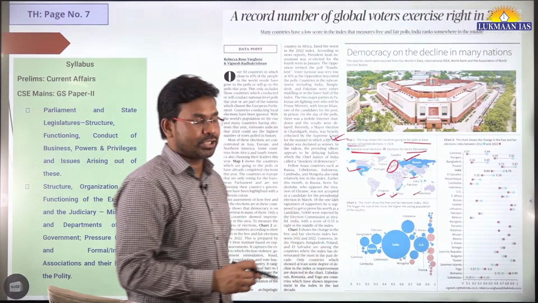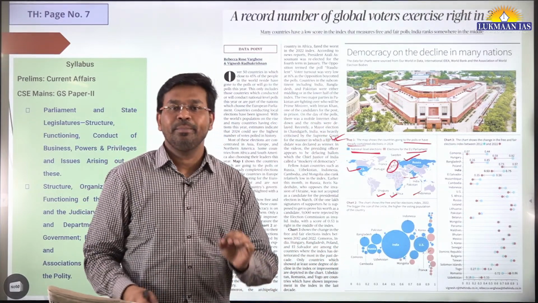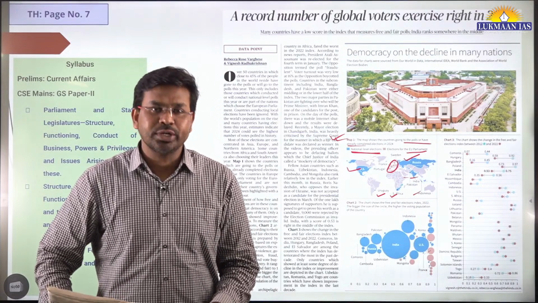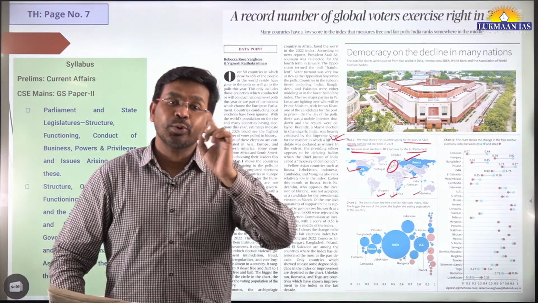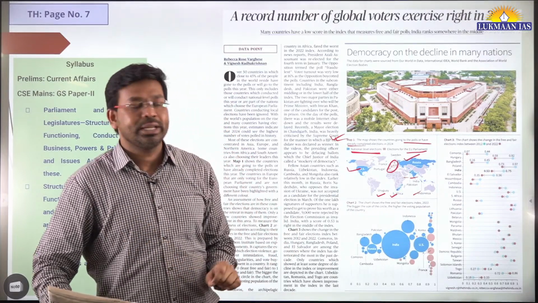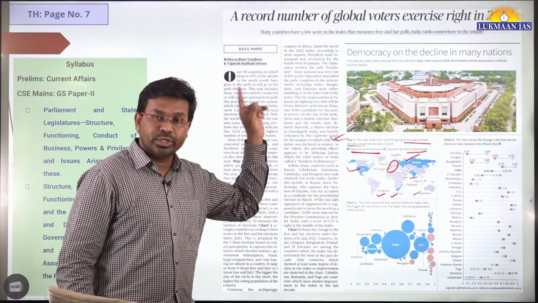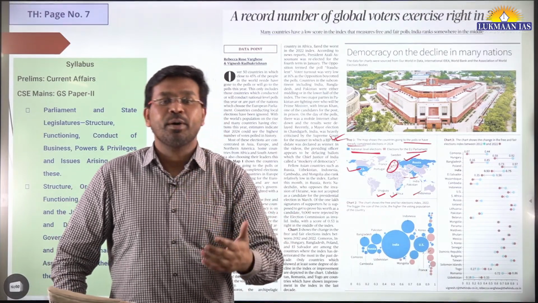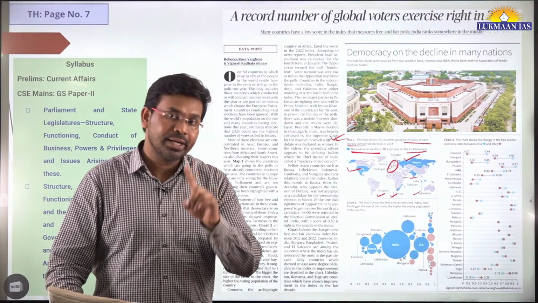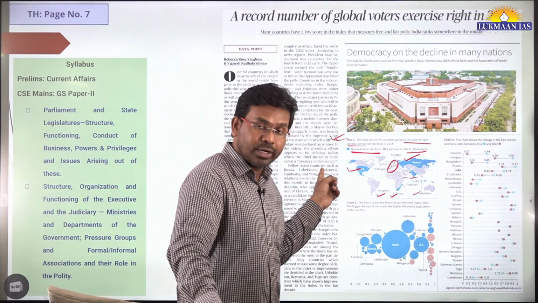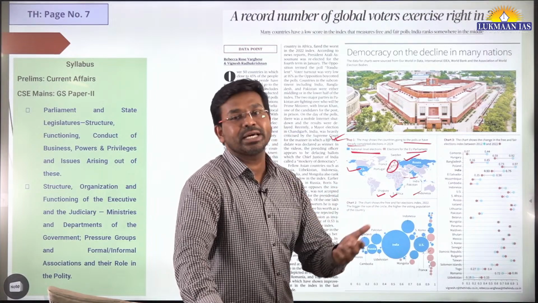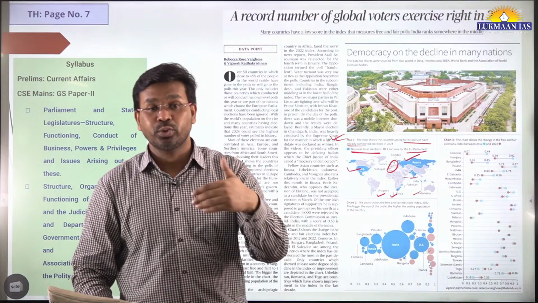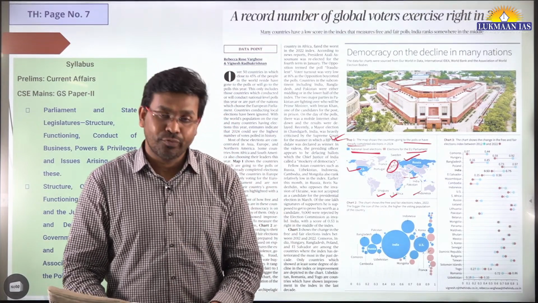European Union Parliament elections. So why has this chart been included? Just to showcase that in the year 2024, a huge number of the world's population is going to exercise their right to vote, including India. India is the most populous country in the world now, and the Indian population is going to exercise their right to vote. Similarly, in Russia and the USA, elections are going to happen. People are exercising their right to vote to select a government that's going to work for them.